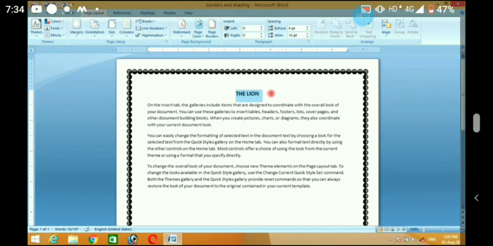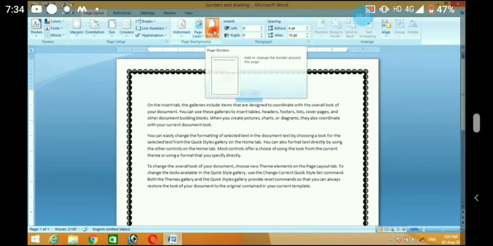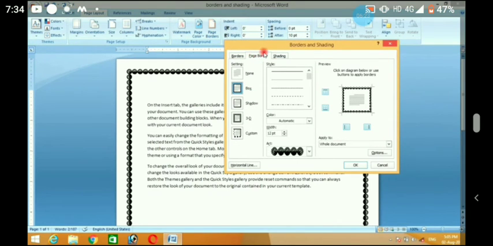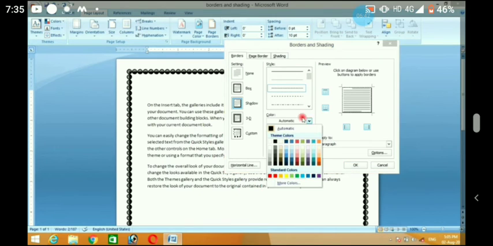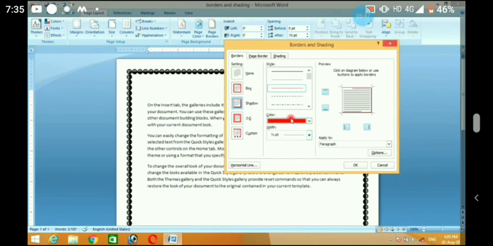Now the border we will give is for a section of the area. It means whichever text you select in that particular area, the border will come there. So page border is different, normal border is different. In normal bordering, there is no art option available. You select the style, but the color option is visible. You click on the color options, select, and click OK.